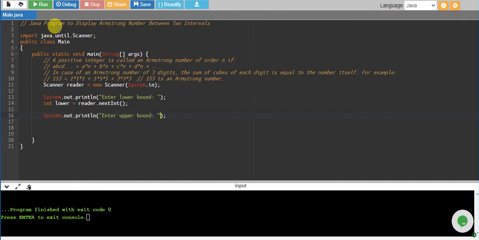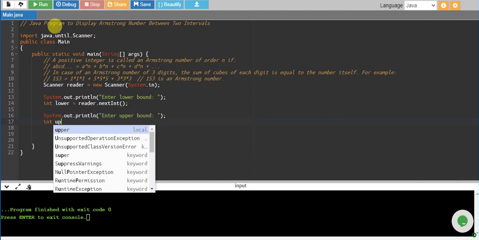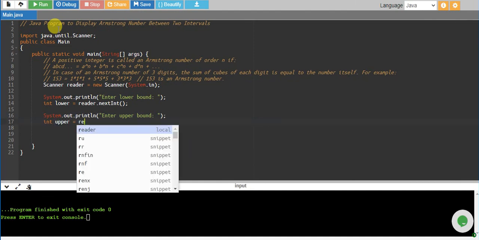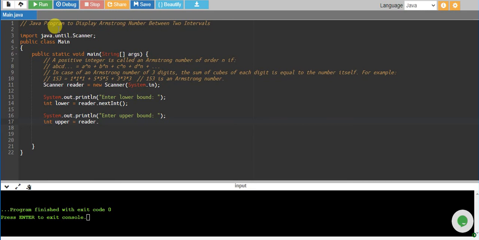So the user will enter the upper bound, and we will read it into a variable called upper by reader.nextInt. There we go.